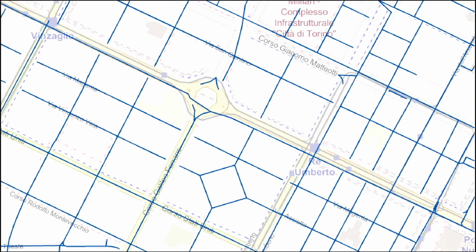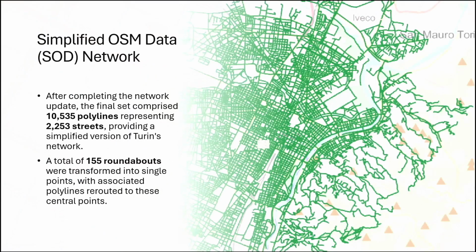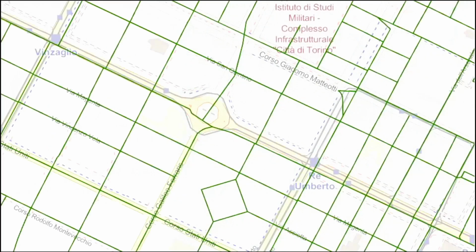So it works. Instead of 3 or 4 polylines, now we have 1 polyline. But as I said, the topology has been affected by this process. For example, here, the roundabout, and so on. So the last, or 4th, component fixes it, and here you can see the same network fixed and ready for analysis for active transportation.